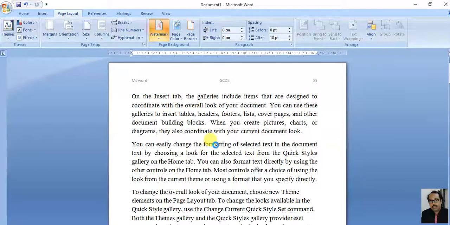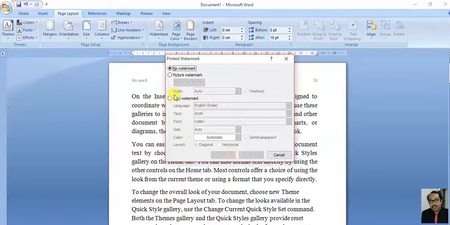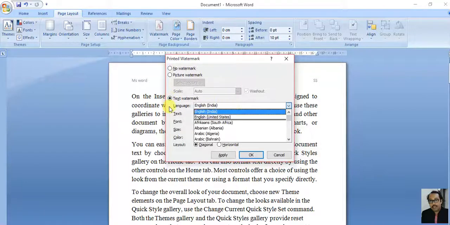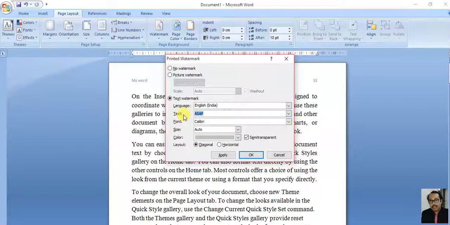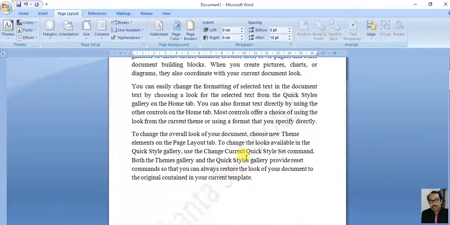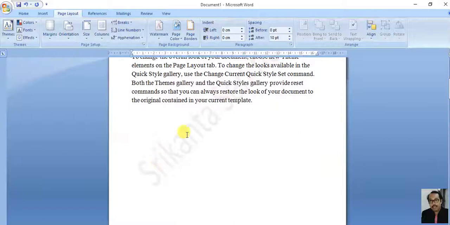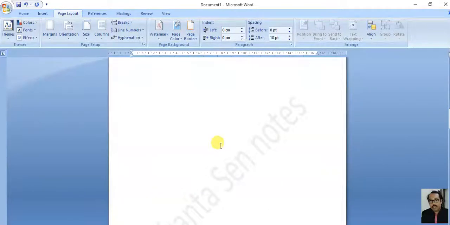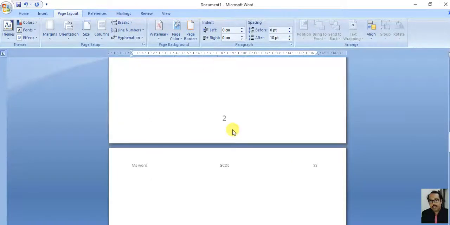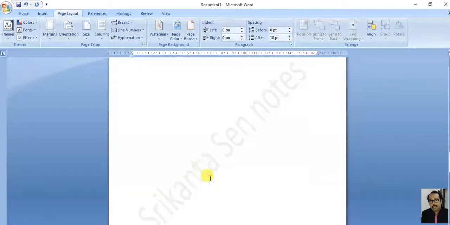Custom watermark is text. What is the text? Text is Srikanto Sen notes. It will appear diagonal. See what happens. Can you find this? Srikanto Sen notes. In all pages, it appears at the background of that page.